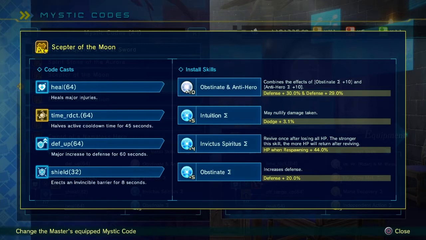That's why the original build, the very first one I made before build B, was supposed to be balanced out with these code casts, having the major defense increase. And even if that's the case, even if you don't block too much or whatever,